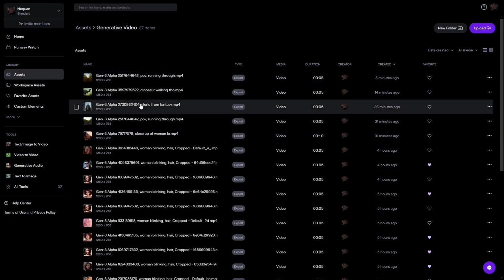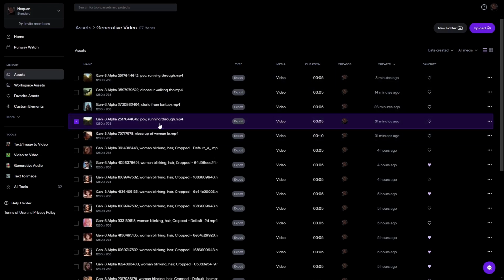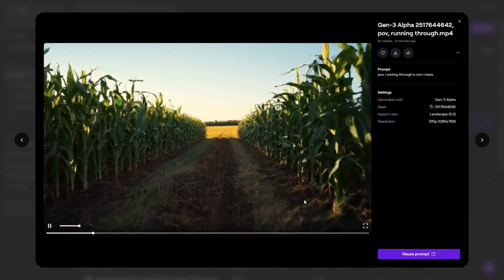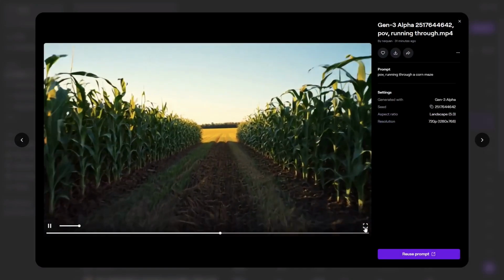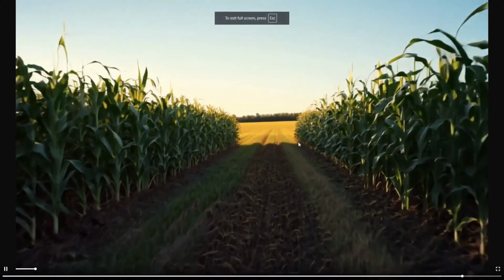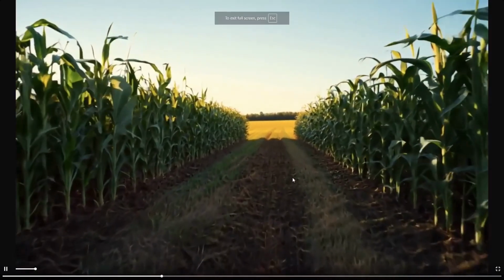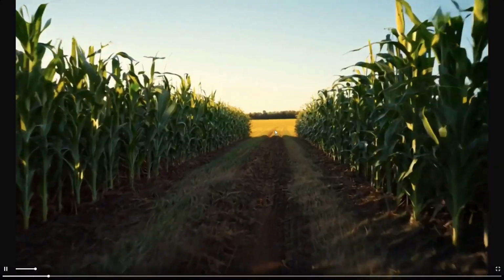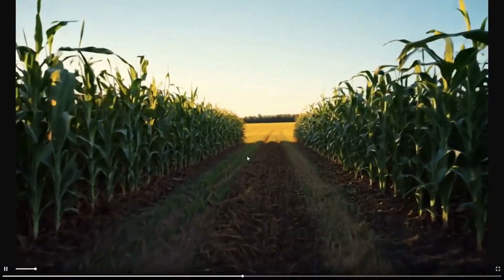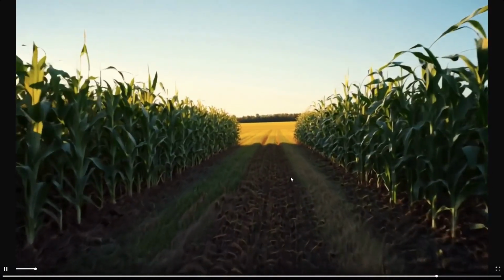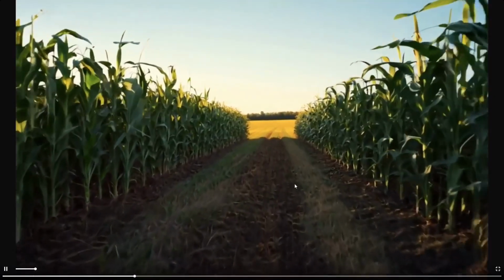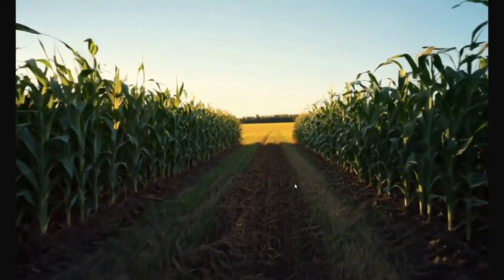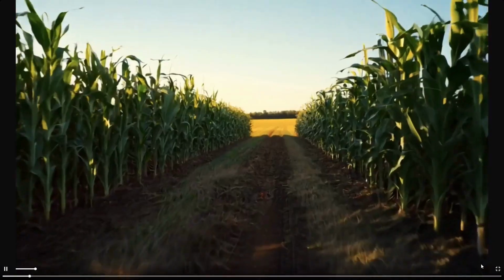And that was actually not the only corn video. I did this one as well. You can see this one looks a lot shorter. I guess if this was someone going through a maze, this would be them coming out the back of the maze. But just look how realistic it looks. This looks really good. It's only 5 seconds, but you could see that this is good enough to actually look